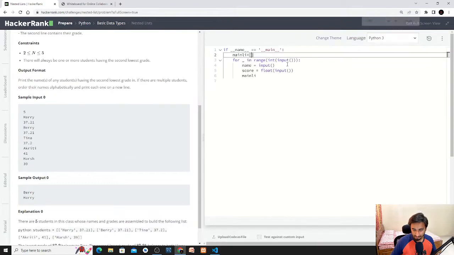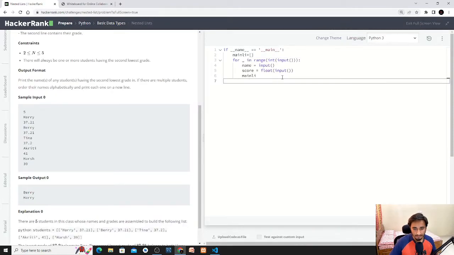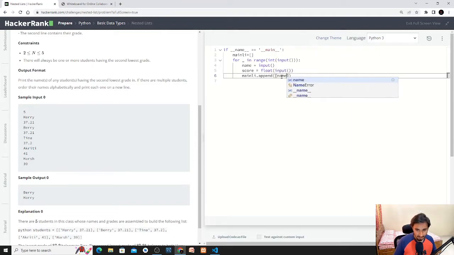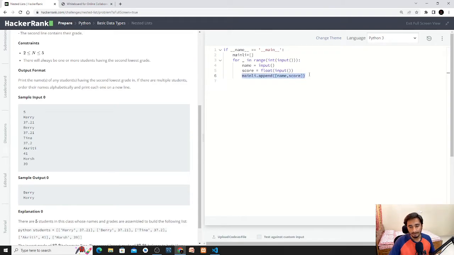Wait, I think it is not visible. Now it is visible, and we will append; we have to make a nested list. So see how I make it, name and score. So it is a main list. We have appended name and score that we're going to input from the user or from us.